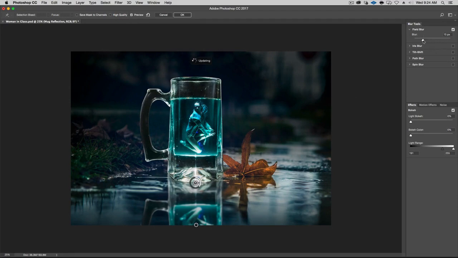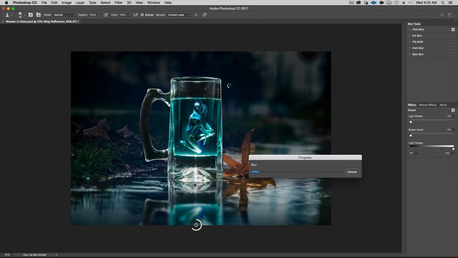And then I'm going to click right here with the little plus symbol, and it's going to add a point. This point, which I can adjust right here, I'm going to say 0 blur. And you'll see that it'll maintain sharpness. And in this one, I actually want very blurry, so like 50. All right. Now notice it's doing a progressive blur from sharp to blurry. So I'm actually really happy with that result. Okay, and it takes a while to process this, but it's definitely worth it. Hit OK, and this is going to render for a little bit. So in the next lesson, we'll pick it up right after this blur.